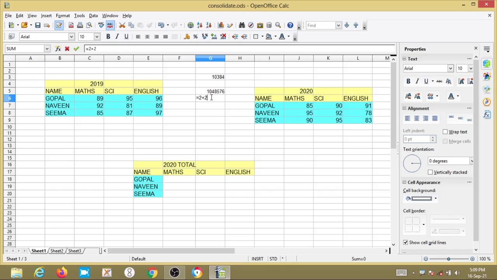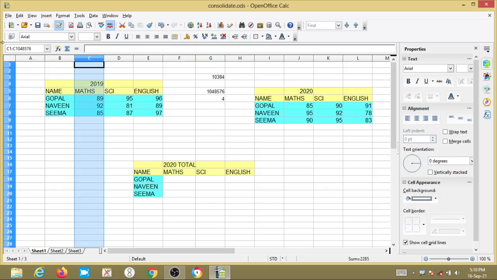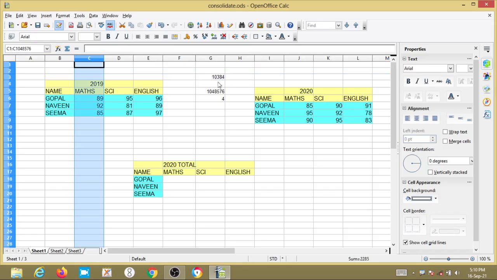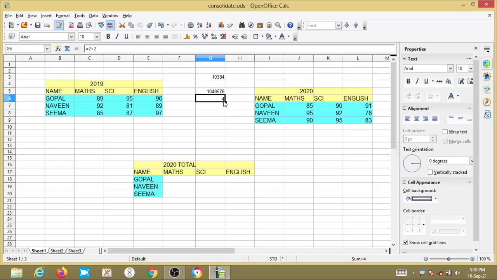Here this is the formula bar, and this is called the name box. The name box always gives the column name as well as the row name, from the column header and the row header. See here, this is 4.